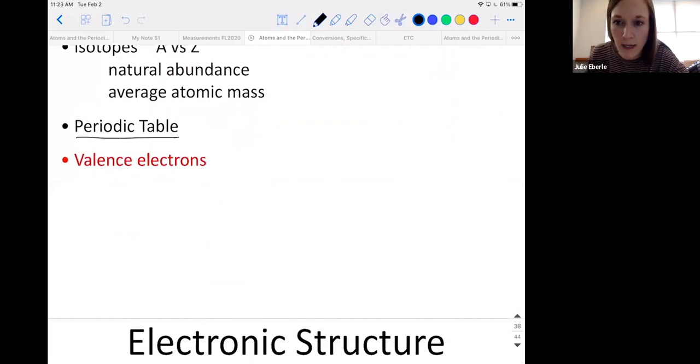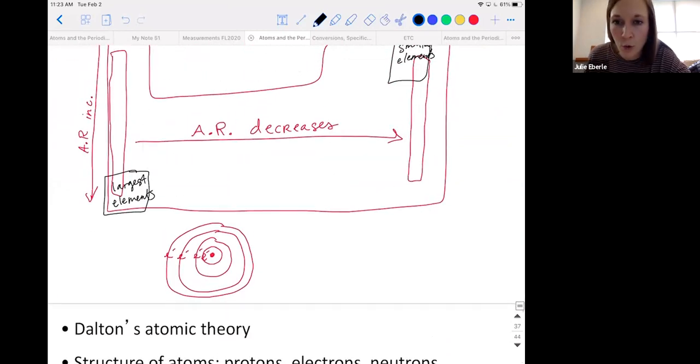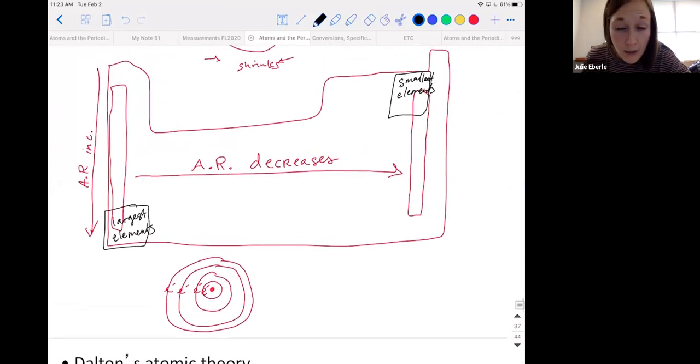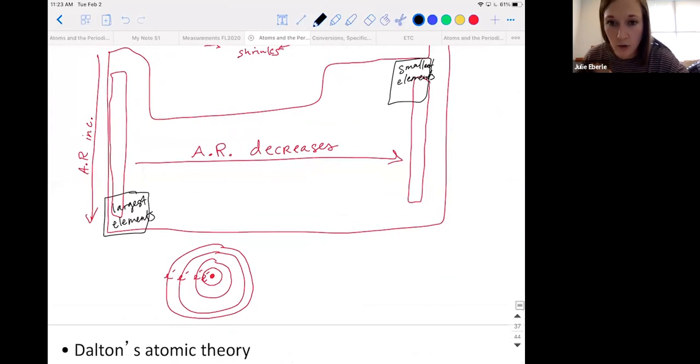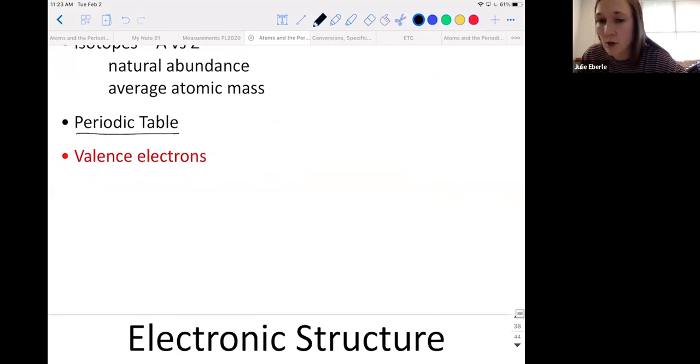I want you to know how it's organized. If I picked out 4 different atoms and I said put them in order of increasing atomic radius, like from smallest atom to the biggest atom, knowing these trends, hopefully you could do that. Okay, there's some practice problems at the back of chapter 1. You could practice those. If I said put them in order of decreasing size. Again, knowing these trends, that's the kind of question I could ask to test your comprehension of what we just talked about.